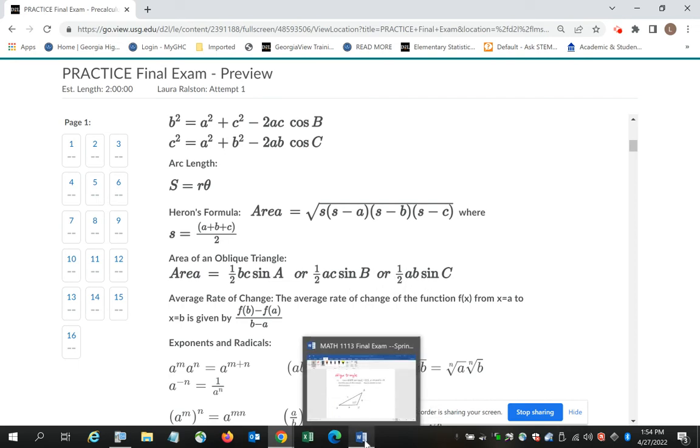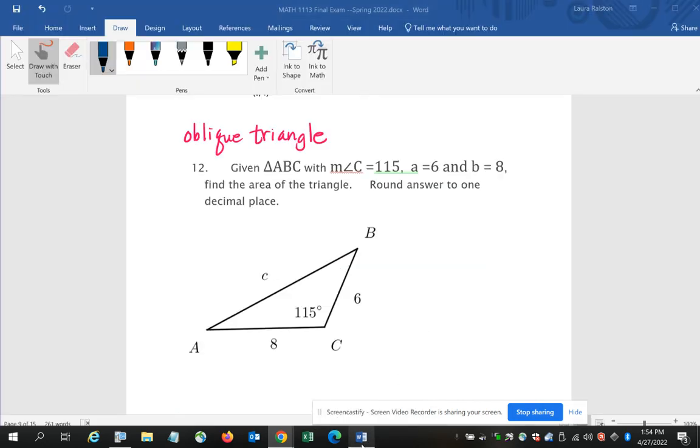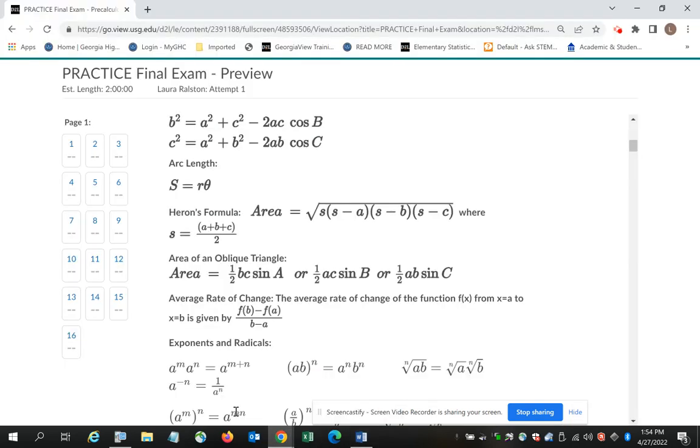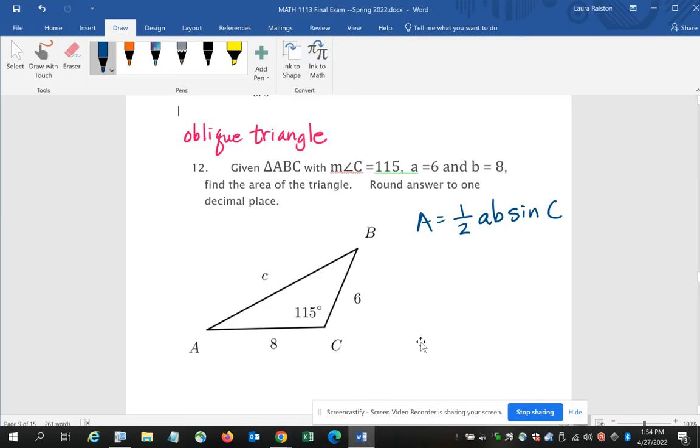So since we have angle C, the area is 1/2 AB times the sine of angle C. Let me make sure I wrote it down right. Okay, yep, AB sine C. Okay, and we're given everything. So it's a plug and chug, guys. So you have the area equals 1/2 times side A, which is 6, times side B, which is 8, times the sine of angle C,